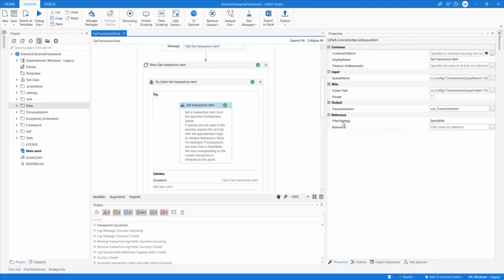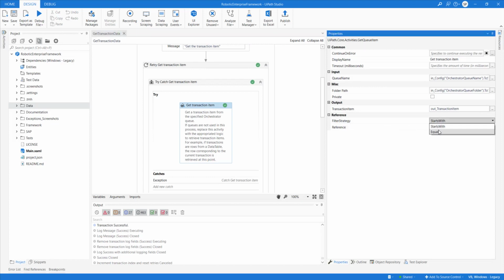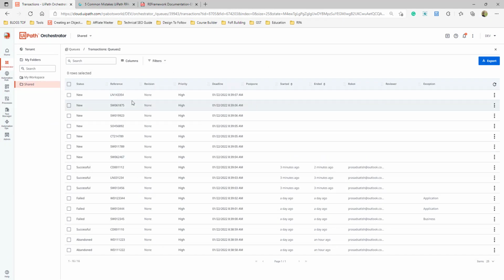You have only the filter strategy Starts With and Equals, and that's basically on the reference. So what you should be able to do is create a filter strategy if the reference starts with ln. It will only fetch those queue items where the reference starts with something.